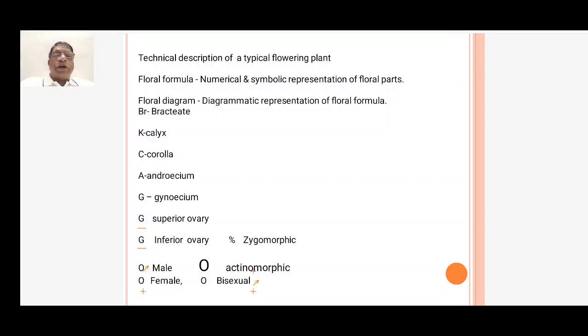Now we shall see how all these parts are represented. I have shown some, not all. For example, calyx is written K, corolla symbol C, androecium symbol A, gynoecium symbol G. Gynoecium, if superior ovary, we put an underline below the G. If the ovary is inferior,